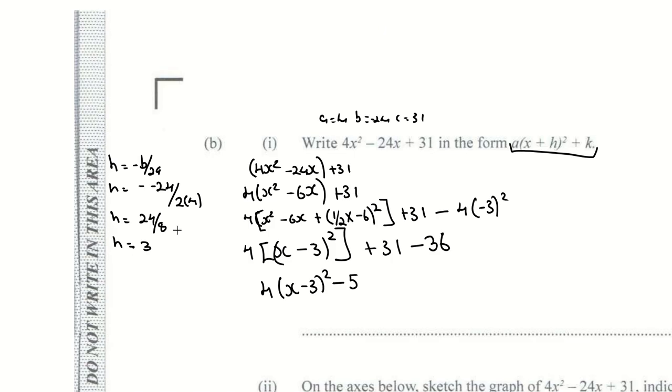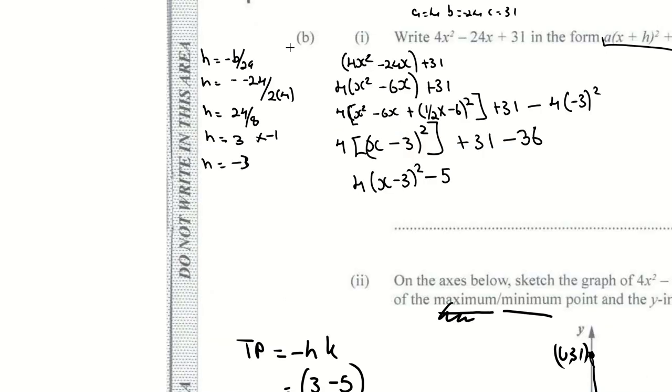So then I'm going to multiply this by negative 1, so h is equal to negative 3. Now, my k, I'm going to substitute h equals negative 3 into this. So it is going to be